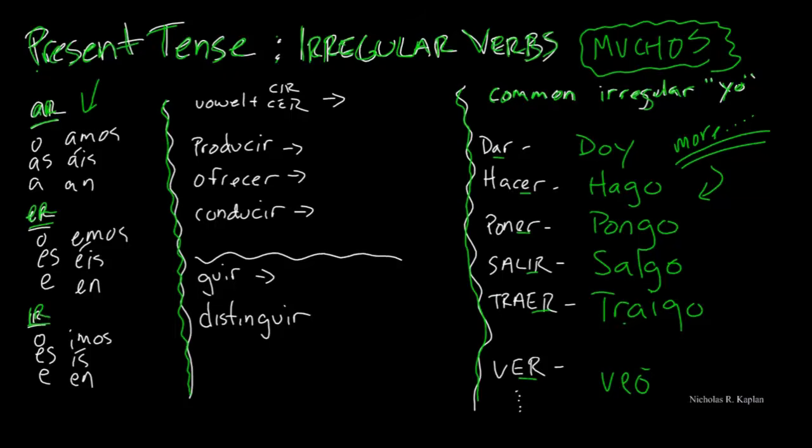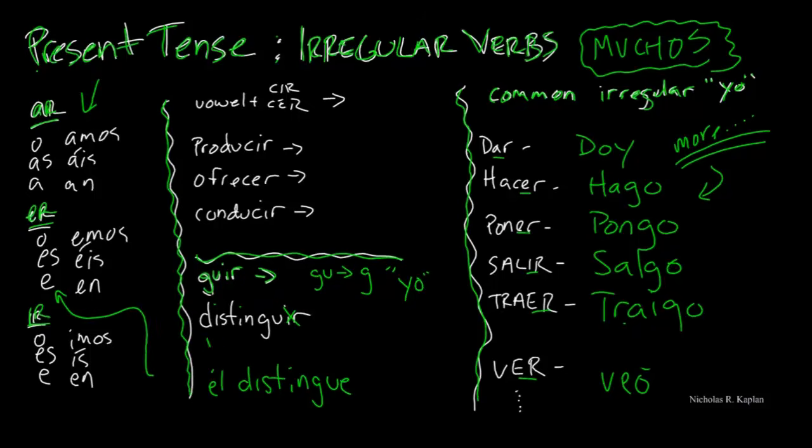A couple others that we want to be careful with is when we have verbs that end in G-U-I-R in Spanish, so like distinguir, to distinguish, that G-U changes to just a G in the yo form. Now the rest of it, that's fine, but here's the only thing we need to look at. So normally we would take off our IR, right? So if we were to say L, and then add our ending,